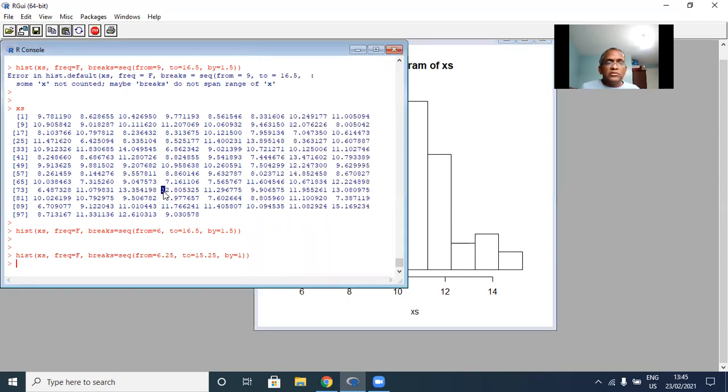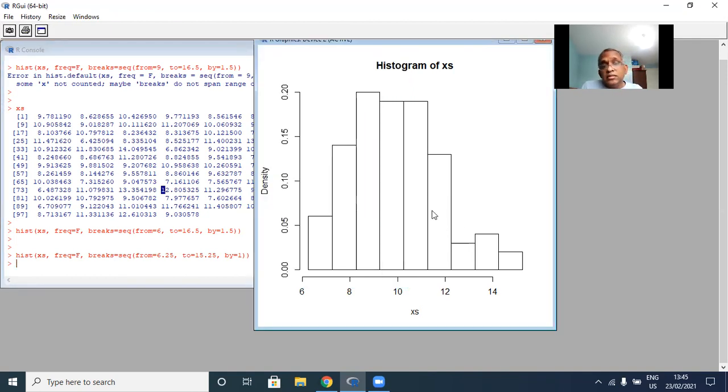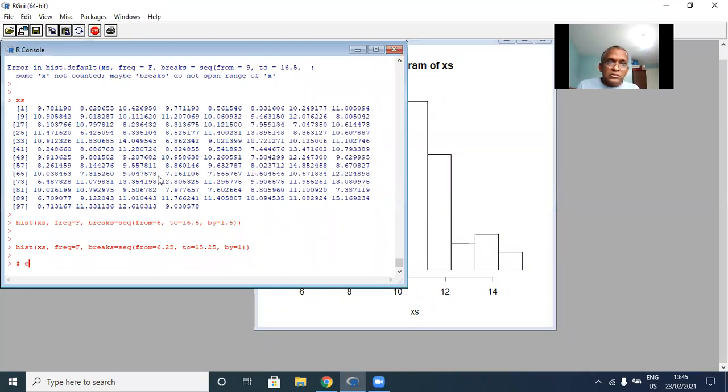All right. So you can use the breaks command to change the x-axis as you wish. And these histograms show once again that the distribution of the data is not symmetric, right? It's kind of skewed. All right, so that completes exercise 1. Any questions on exercise 1 before